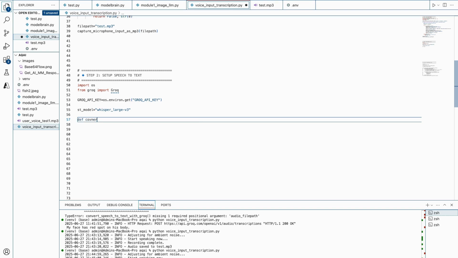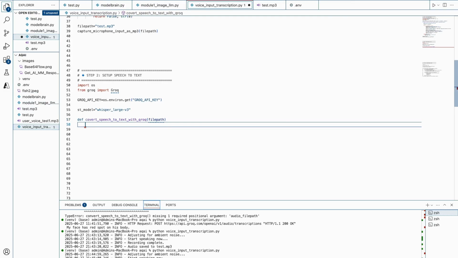So let us give it a name like convert speech to text. We can say convert speech to text with Groq, so that it is more meaningful. Okay, and here we need to pass our file. This mp3 file we need to pass here, so we can say file path. Okay, and inside this method,